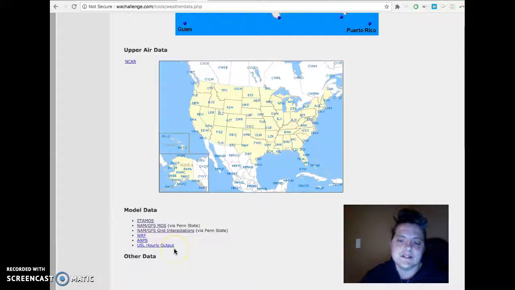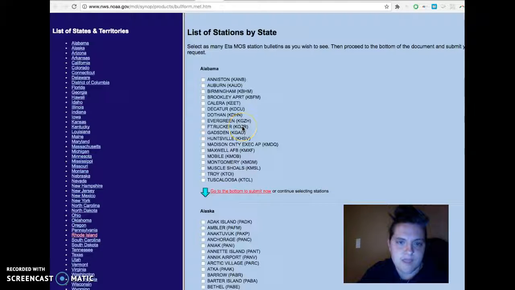And basically what this does is it inputs starting point data, so what the atmospheric conditions are right at this moment, and then it uses climatological data to kind of guide that. So again, it's a really good starting point. And we call this MOS basically. Again, let's just click on the ADA MOS.